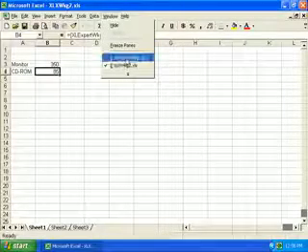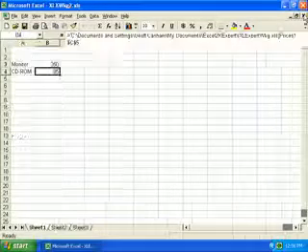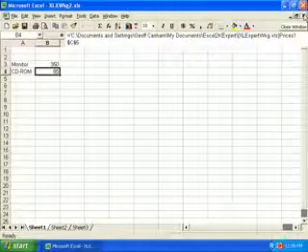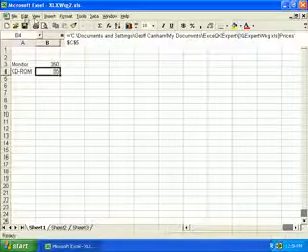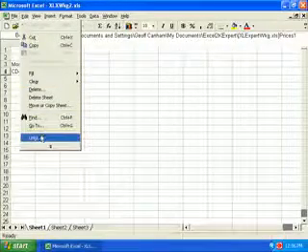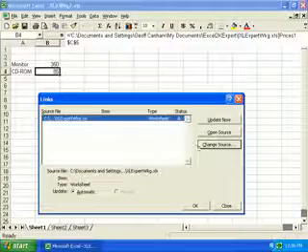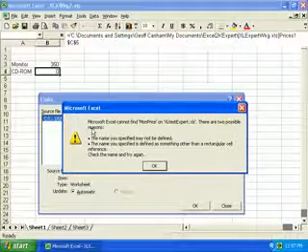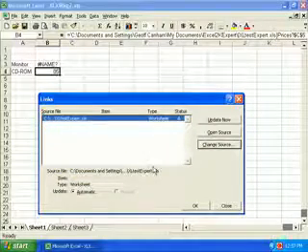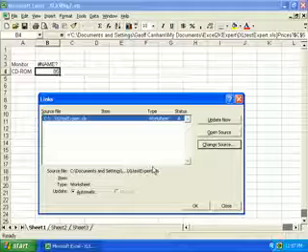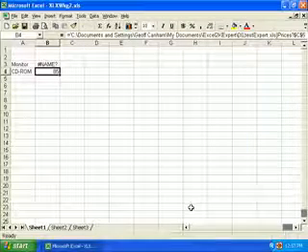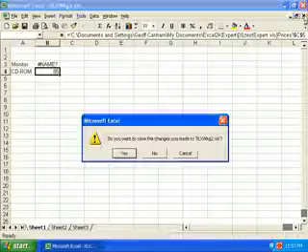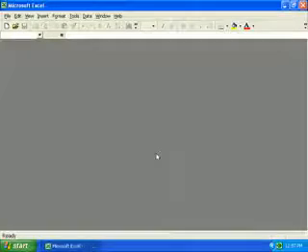Let's go back to our Excel Expert Working and close that, and now let's go to the Edit menu and Links and change source, and double click on Excel Test Expert, and OK. And OK. And now we can close